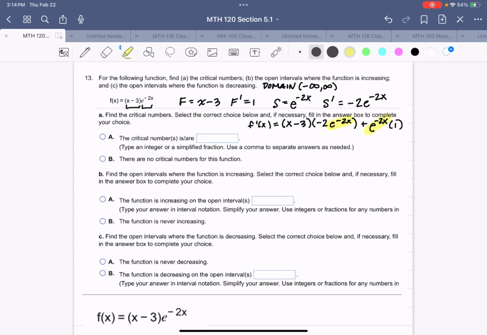I can bring out the e to the negative 2x as the common factor, and that's going to leave here, don't forget there's a negative 2 right there, so a negative 2 and an x minus 3, and you can put the negative 2 in the front or the back. I just put it in the front, plus 1, so it's e to the negative 2x, and then I'm going to distribute negative 2x plus 6 plus 1,